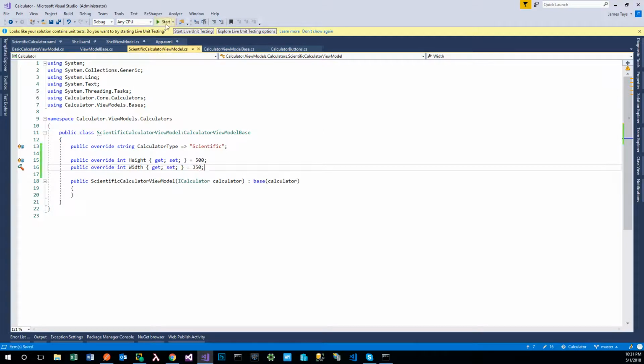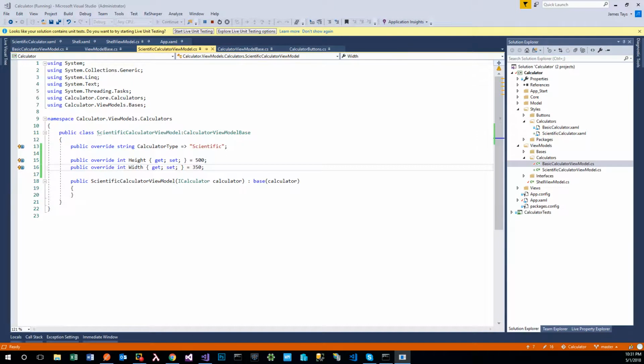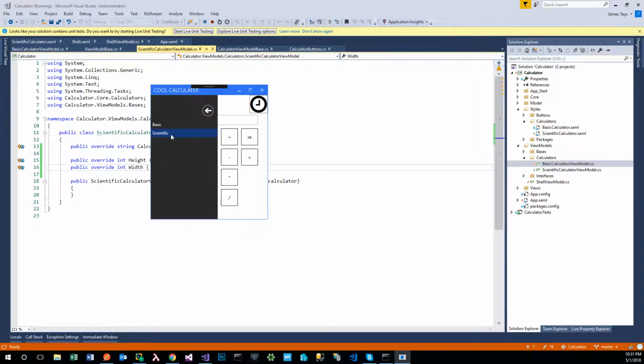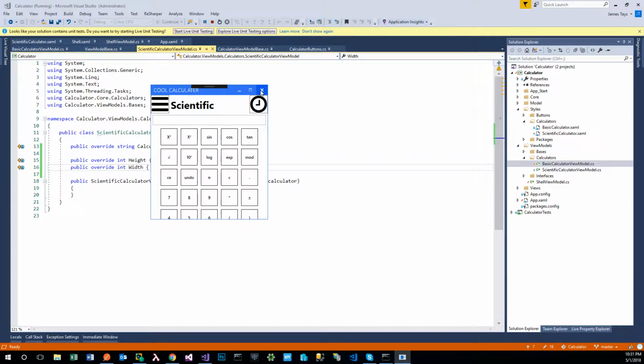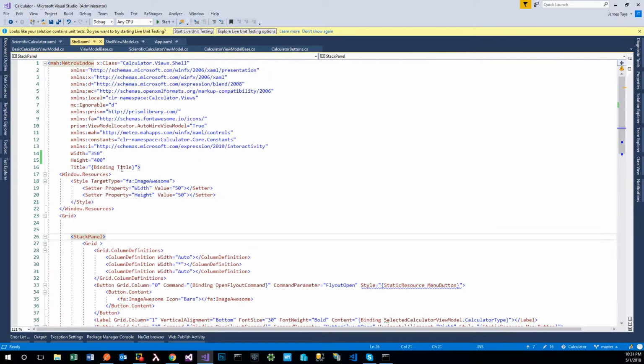Alright. Now if we run it, it still won't work because we haven't set that up. But let's just run it and prove it. Okay, we open it up. Basic. Scientific, and it still doesn't work. Alright, what we need to do now to do that is go here,